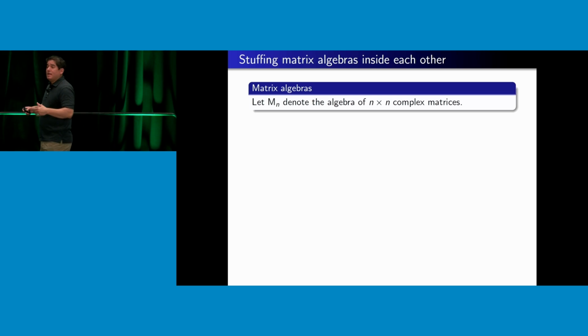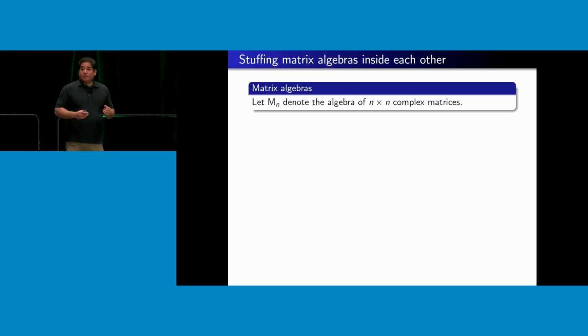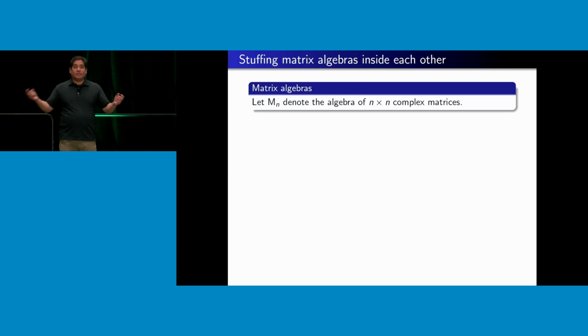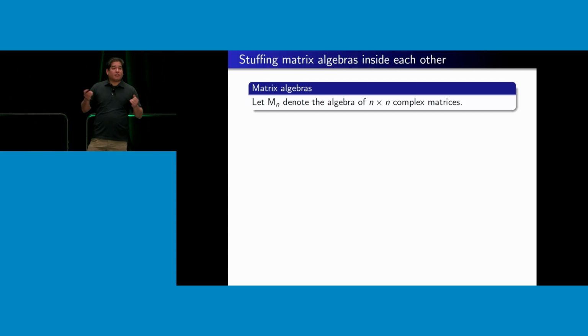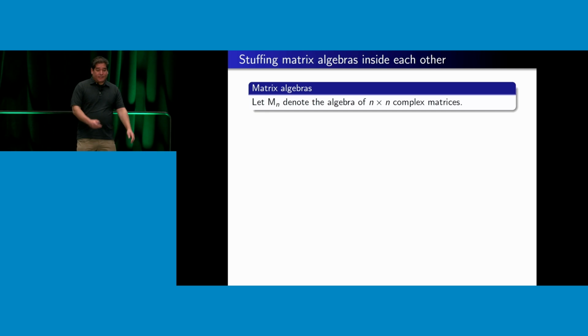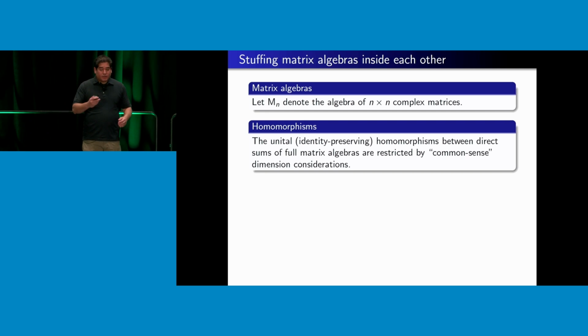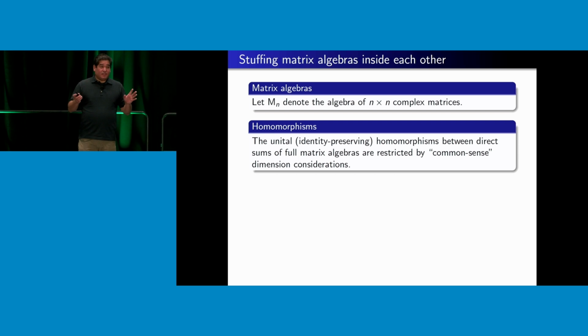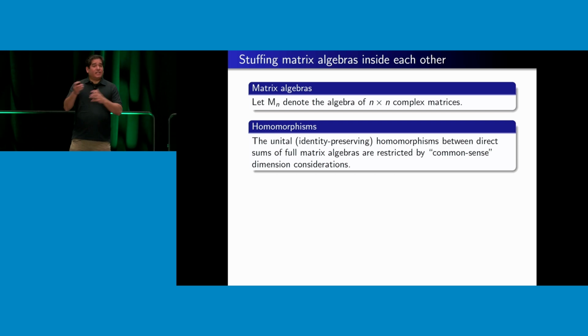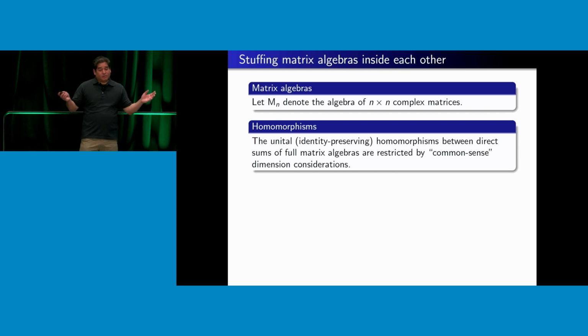So here's the idea. We're going to look at M sub n. That is the algebra of complex matrices. When I say algebra, what do I mean? I mean, I can multiply stuff, I can add them, and I've got an action of a scalar multiplication, and everybody's all compatible, right? So it's a nice algebraic structure, the set of n by n matrices. And so what I want to do is, okay, fancy talk here, I want to stuff matrix algebras inside other matrix algebras. That's what's going to happen here.